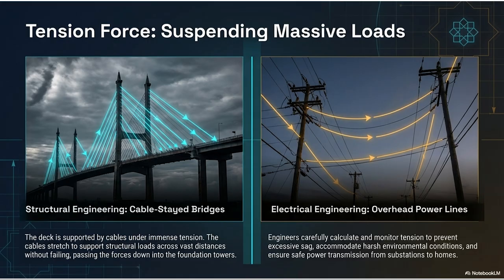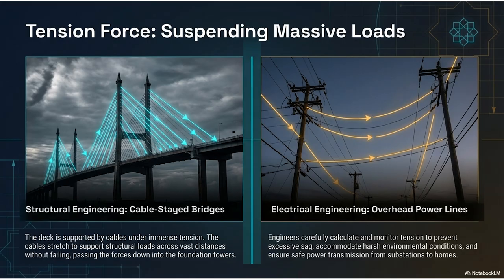Because they can't just pull the wire as tight as possible between the poles, right? Like a guitar string. No, absolutely not, because the environment is constantly attacking them. The wires are made of metal, usually aluminum and steel, and metal undergoes thermal expansion and contraction. So on a blistering hot summer day, the metal physically expands. The wire gets longer. And when it gets longer, it sags down toward the street. Exactly. And if an engineer didn't calculate the tension correctly, the line sags too low, hits a passing semi-truck, and an entire neighborhood loses power. Or it hits a dry tree and starts a wildfire.